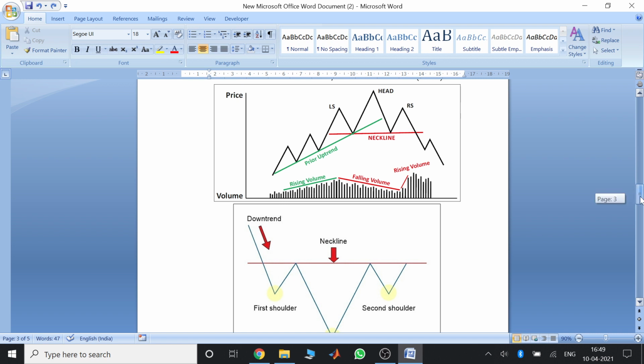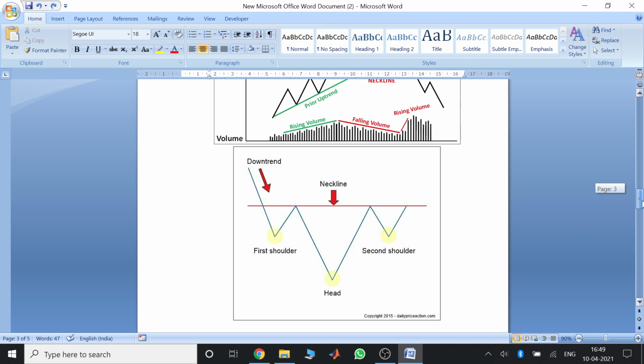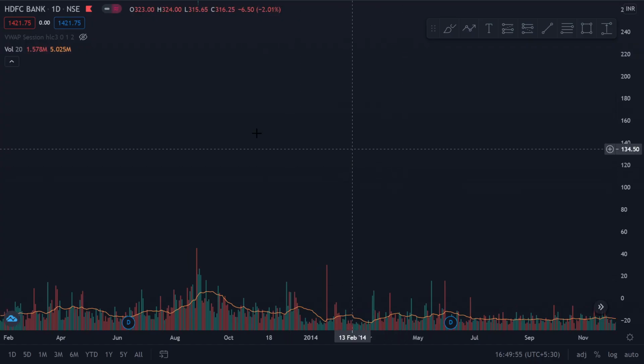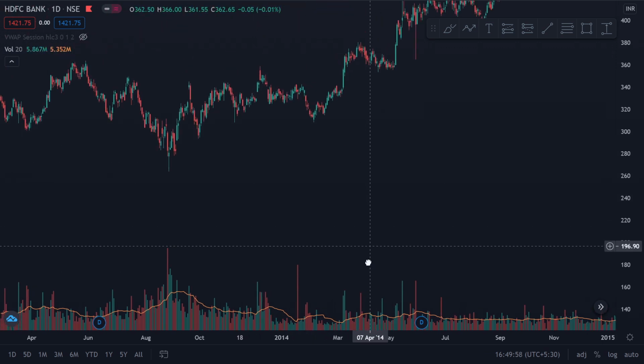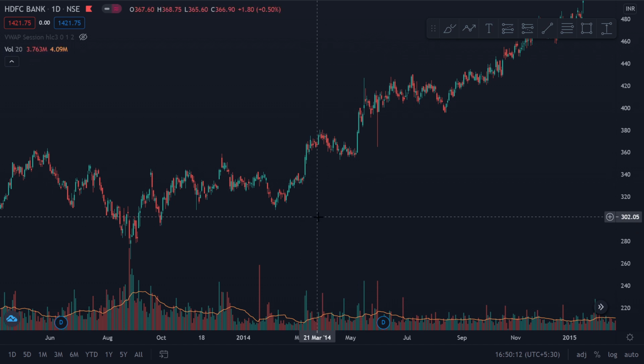So now it's relatively very easy looking at these patterns and saying that okay, we can trade on these, but when we look at the real charts, that's when the main challenge comes. So I will demonstrate and show you all the patterns which are formed on one single chart itself. I will not take separate instances of where the patterns failed and where the patterns were successful. I will demonstrate on one single chart itself, from, let's say, 2014 HDFC Bank till the current levels, and we'll see what all patterns have been forming and what all could have been traded. Right.